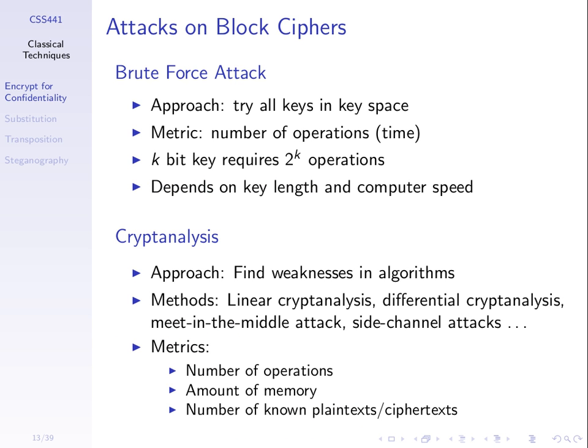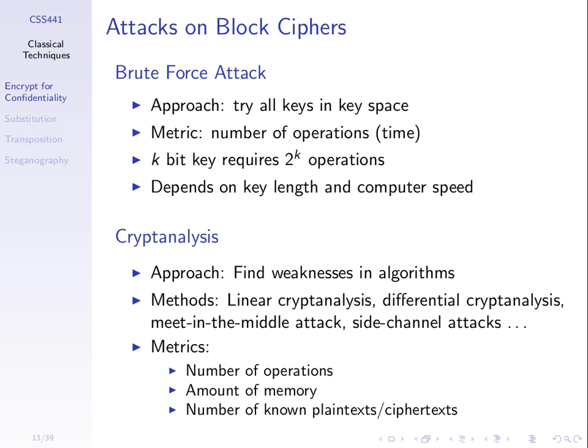Brute force attack involves trying all possible keys. We talk about the key space, the total set of possible keys. When we look at real ciphers, we'll assume that a key is chosen randomly. When we choose a key for real ciphers, we will not choose from a dictionary, we'll choose randomly. And therefore, the attacker, when they do a brute force attack, must try all possible keys.